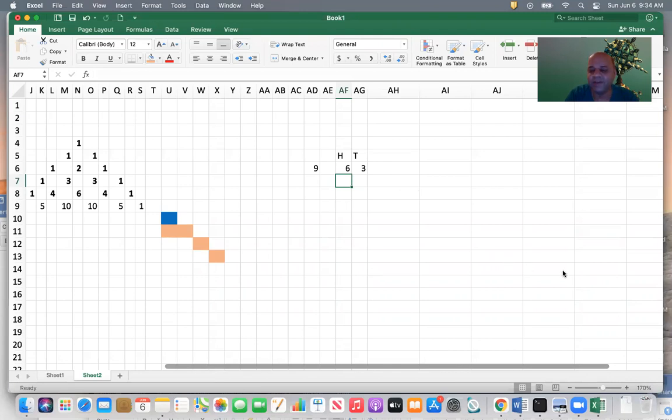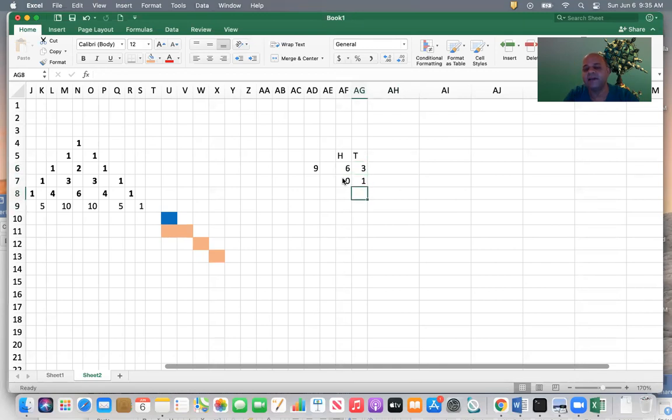Parity here. What you do is, see what happens is, anytime you turn over a pair of coins, not a single coin, the parity will never change. Okay. So let us see what it is. If there are 6 heads, that means the parity is 0, and there are 3 tails, the parity of tails is 1. Right? You got it? Heads being an even number, the parity is 0, and tails are an odd number, so the parity is 1.